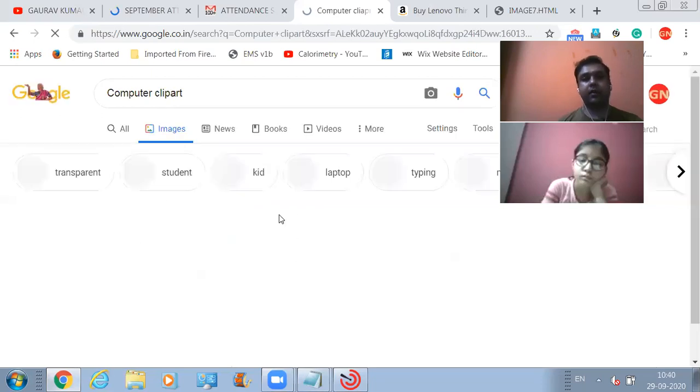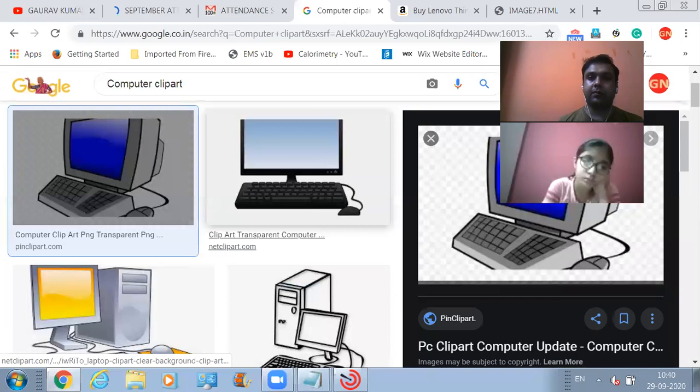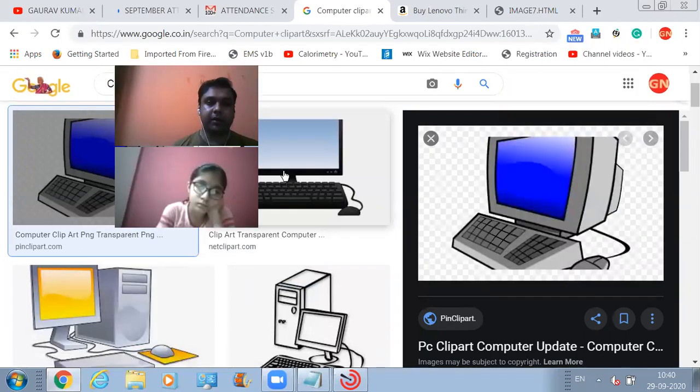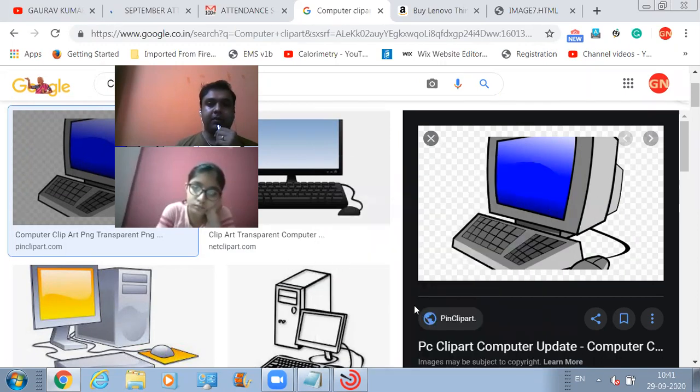This is a page that you'll come across. Suppose you want to access this image on your web document that you have prepared on your computer. What you have to do is right click on this image, and automatically you'll come across a cascading menu like this. Now from here you have to choose copy image address. It is going to copy the URL of this image, with which you can access this image anywhere. Fine. So let's copy the image address.